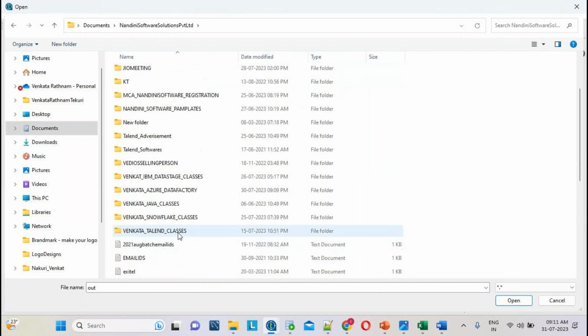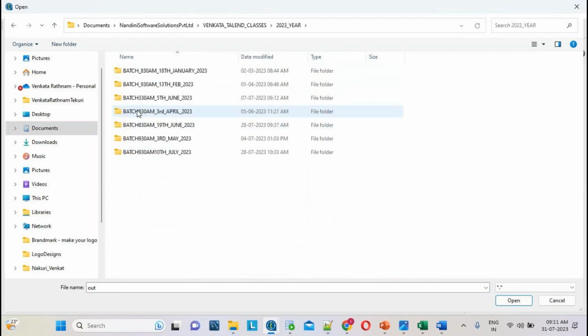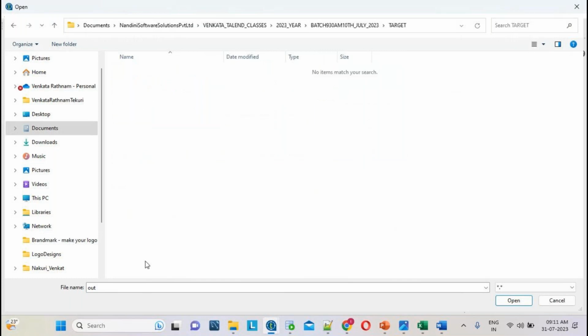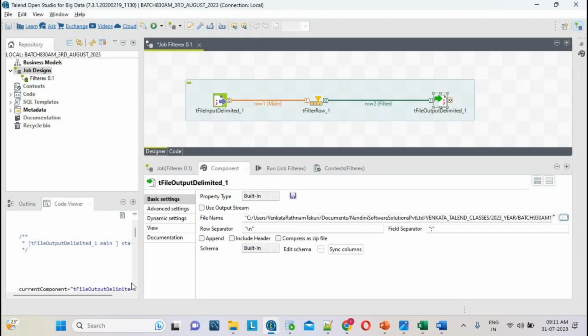Inside there are some folders, so wherever you want it in your system. I want the target folder. Here I want to generate the output file, output1.txt. Which path you have to generate it in and which file name you want, the customer will tell. You need not worry about that.